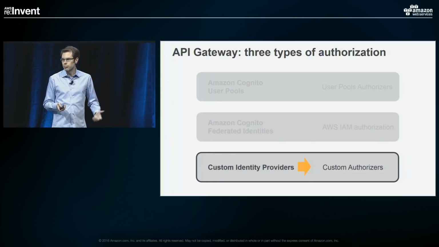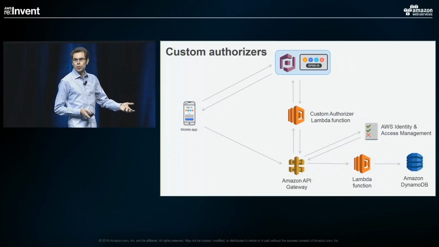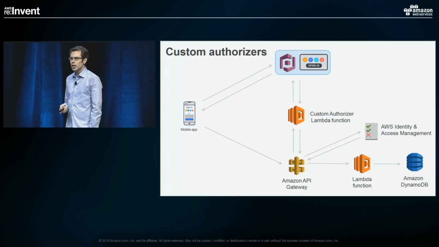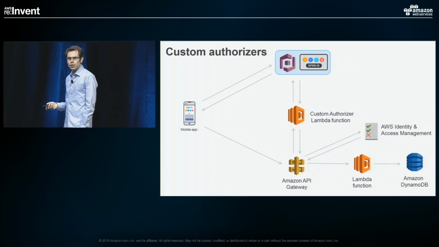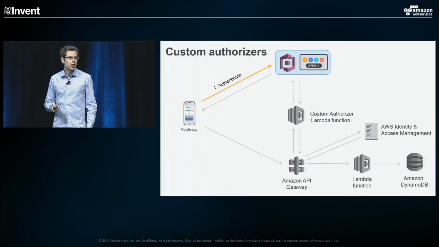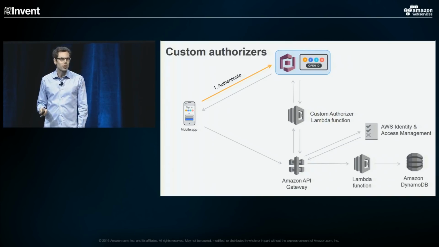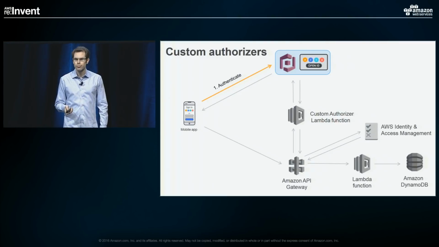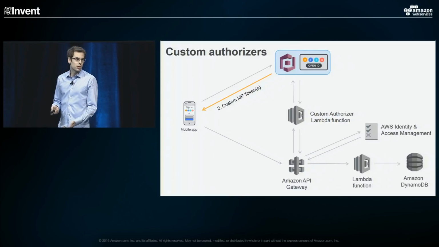And then the final type of authorizer is custom authorizer from API Gateway, and this is the most flexible choice of all three. So just to show you here, say you're using a social provider like Google, Facebook, Login with Amazon, any provider that can give you a bearer token back. What you can do here is you can go to that provider and authenticate to that provider. Also this could be a managed identity provider or a third party, right? There's several identity services out there. This would include them. You can authenticate with that provider directly, get back your set of tokens, and